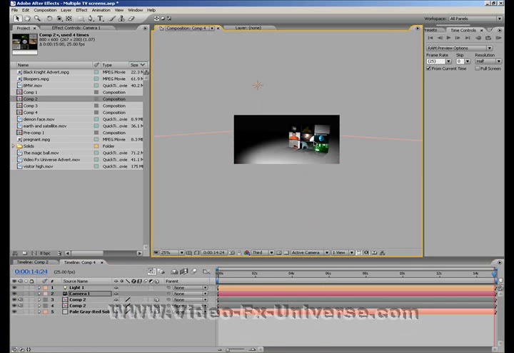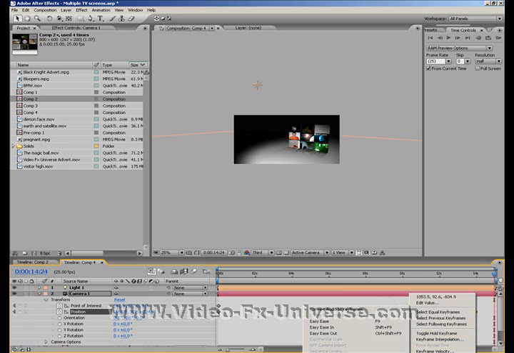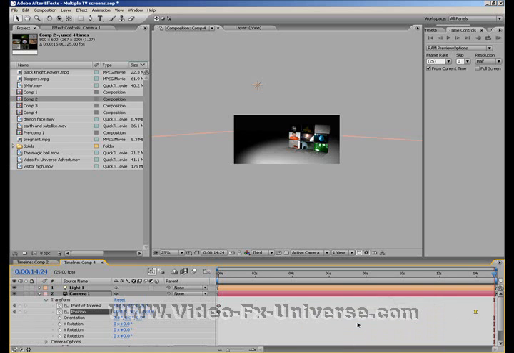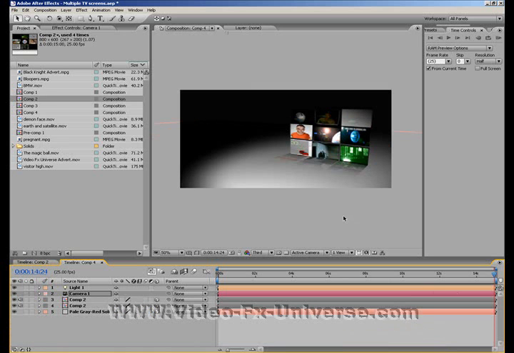As you can see, it's now revolved round. To give it a nice slow stop, you can move the keyframe in a bit, and you can press F9 to make it an easy ease keyframe, or you can right click it, click keyframe assistant and easy ease, and as you can see, it turns into a stopwatch. This basically slows the camera down rather than just stopping it abruptly. Okay, now if I just zoom right in a bit more, change the composition to full,